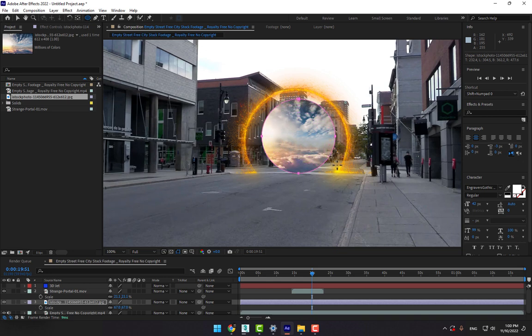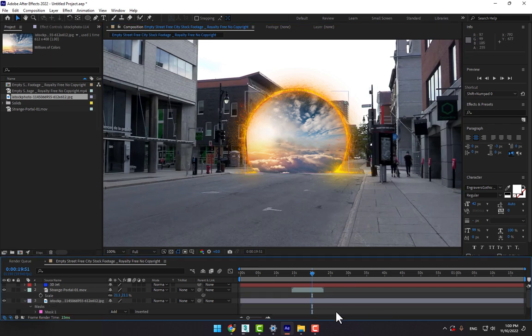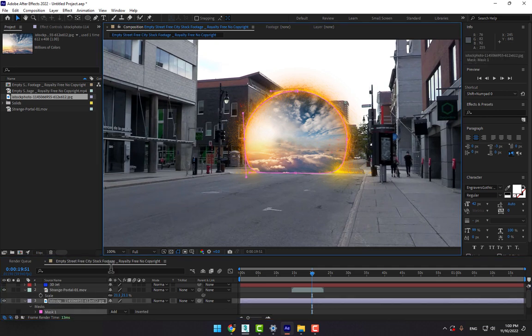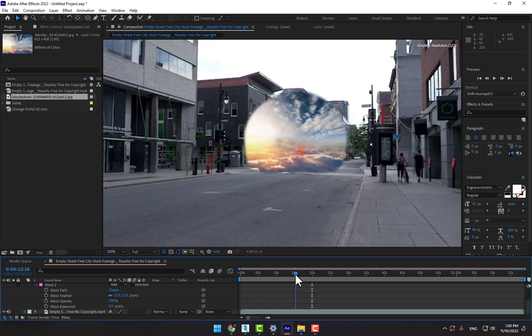create an ellipse, mask the sky portal like this. Select, control all the handle points here. Press M for the mask feather like this. And don't forget, when the portal is opening,